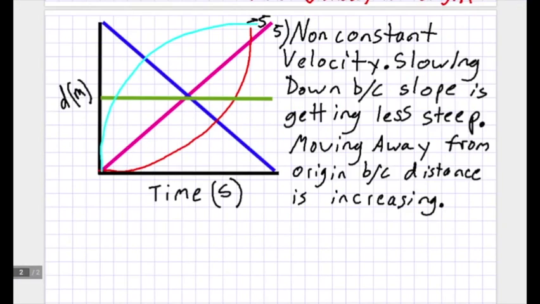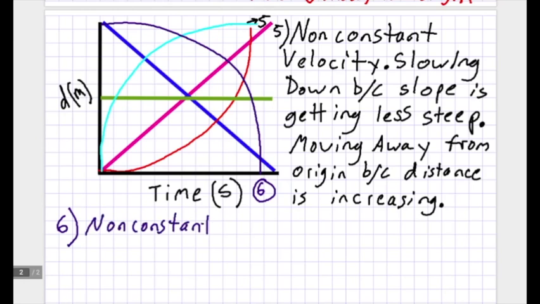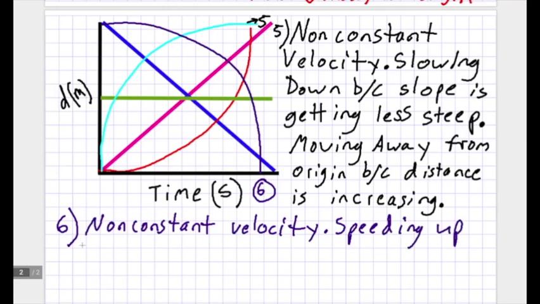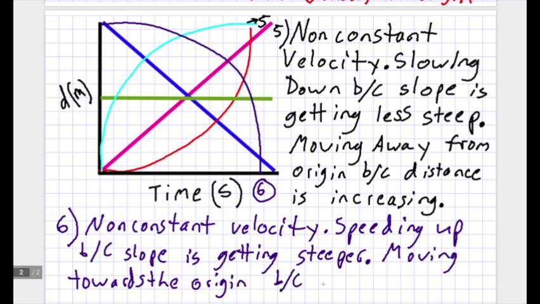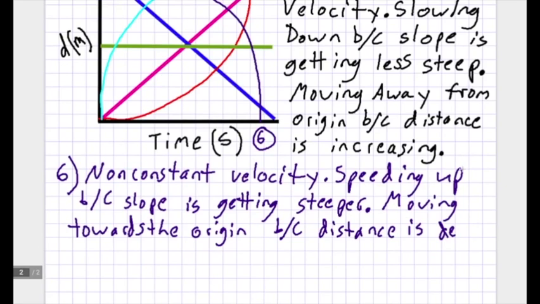Now we're going to look at another curved line, except this time it's going to be moving downward. Because this line is curved, we know that it has a non-constant velocity. We can look at the slope and see that the slope is getting steeper and steeper as time goes on, which means again that we are speeding up. Because this line is moving downward, or in other words, its distance is getting smaller and smaller, closer to zero, we're moving towards the origin. We got one more example left,